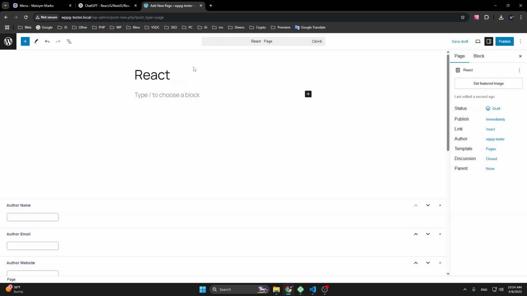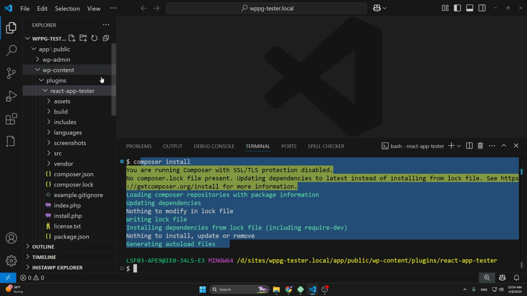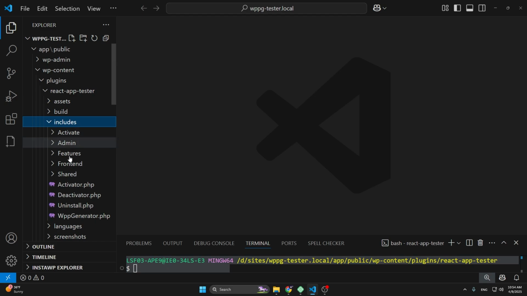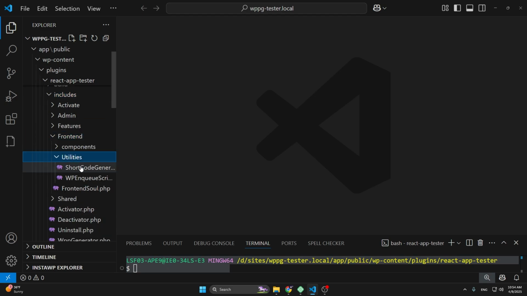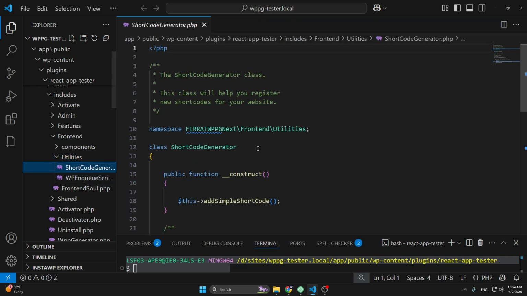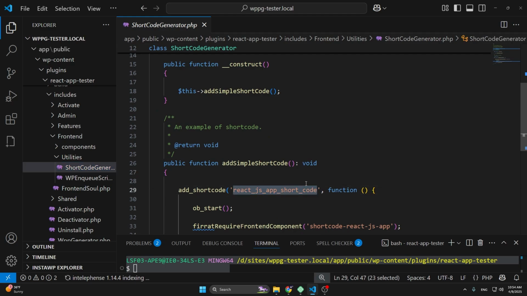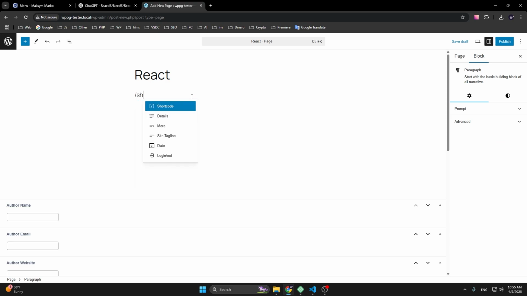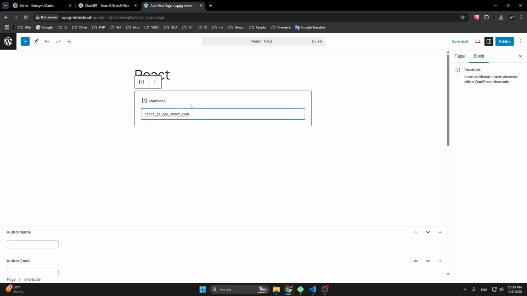React. And now, to display the React application, we can use a shortcode. In this case, I will be using a shortcode, but we can also use a Gutenberg block. Okay, so we find the shortcode, publish,